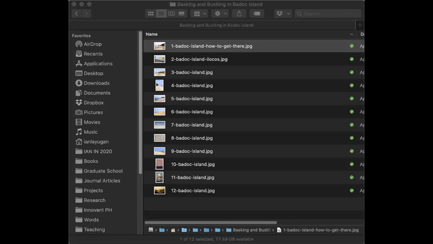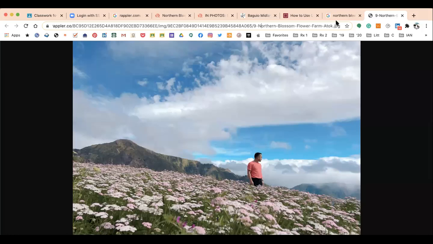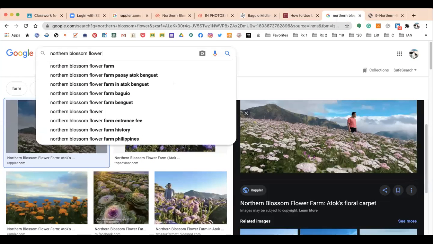So if you click that, open image in new tab, makikita mo doon. Eto yon. So, Northern Blossom Flower Farm. Saan ang galing yan? Galing, ay sorry, hindi pala siya nakashare. Ayan, when I typed a while ago, Northern Blossom Flower Farm,